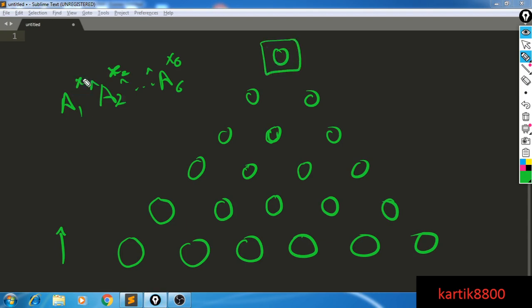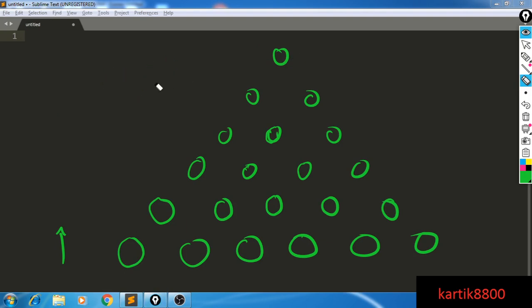Now the property of XOR says that if x1 is even, then all the A1s will cancel each other out and become 0, and 0 XOR any number is the number itself, so you can simply say that A1 does not contribute to this. If x1 is odd, then A1 does contribute, and it contributes exactly A1 once. So your XOR here will be A1 XOR something, right? Hopefully this is clear to you. Similarly, you can find out if x2 is odd or even, x6 is odd or even, and so on. So you can find out which of these elements is actually contributing to the top of the triangle.